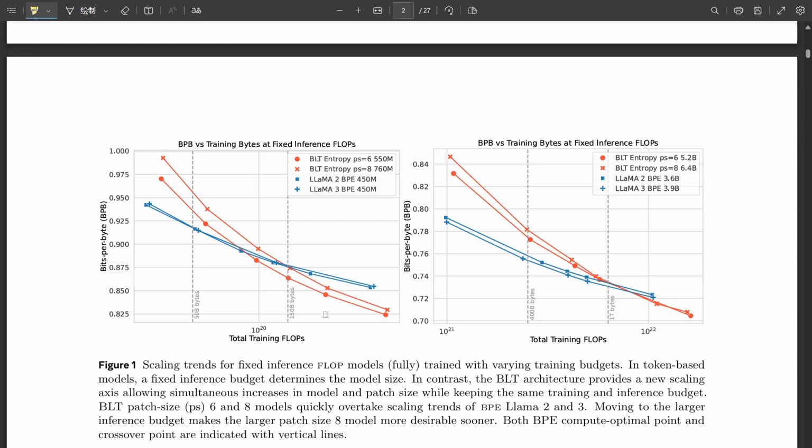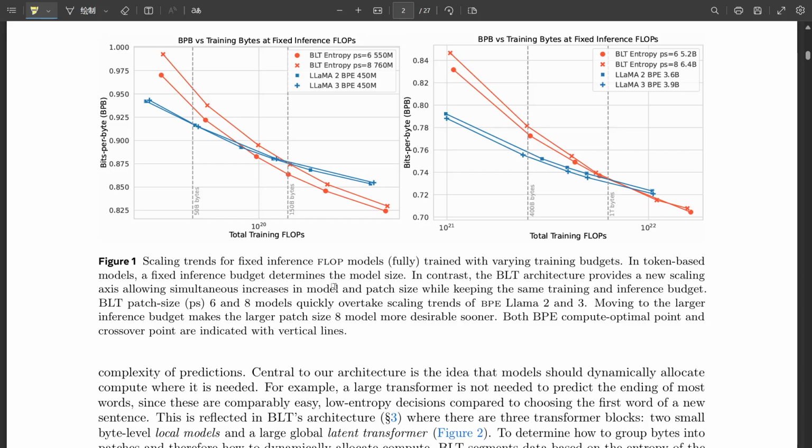You got it. And it uses this concept called entropy to decide where to focus. Entropy, like in physics? Kind of. But in this context, entropy is all about how much uncertainty there is. Think about reading a mystery novel. You have no clue what's going to happen next, right? That's high entropy. But if you're reading a nursery rhyme or something, the next word is pretty predictable. That's low entropy. So when BLT hits a section with high entropy, it knows to make a smaller patch because things are about to get interesting.